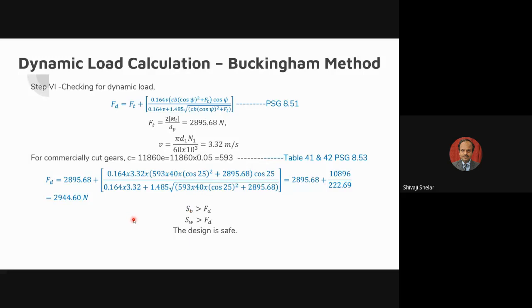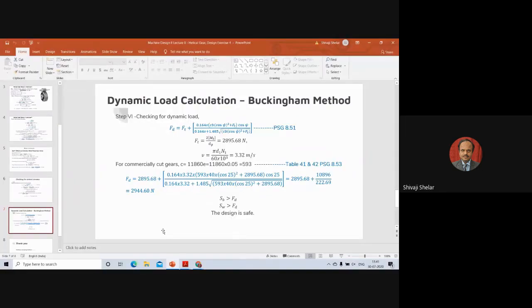Now, this is not a design problem. This is an analysis problem. So let's understand why we are using an analysis problem and why we are not using a separate design. Many times what happens is you already have a machinery available in your workshop or in your setup. And sometimes there is a change in the loading condition, or the batch has changed, or the production rate needs to be improved. So you have an existing machine with a certain power rating, and you have an existing gearbox on that machine.